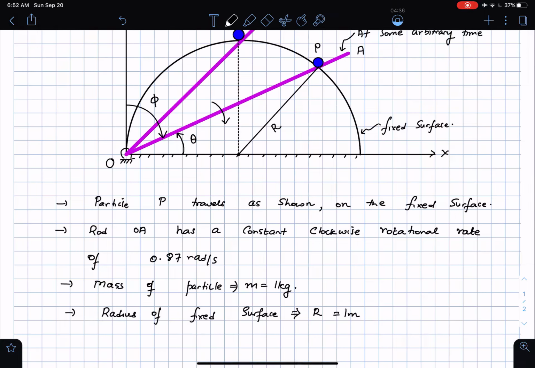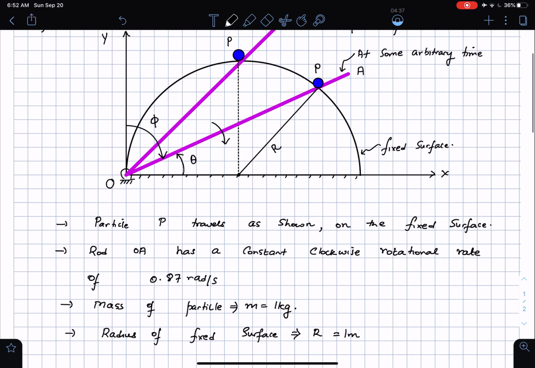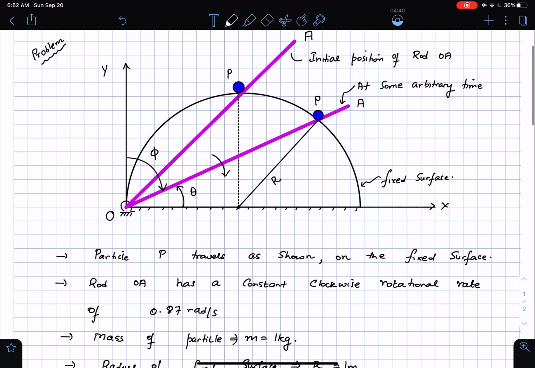So the mass is given, the radius is given to us as well. This rod is rotating at a constant rate, and so if phi denotes the location of the rod at any point in time, then the rate is going to be given, as you could have guessed, phi dot. Which means that this 0.87 radians per second is phi dot, equal to 0.87 radians per second and constant,